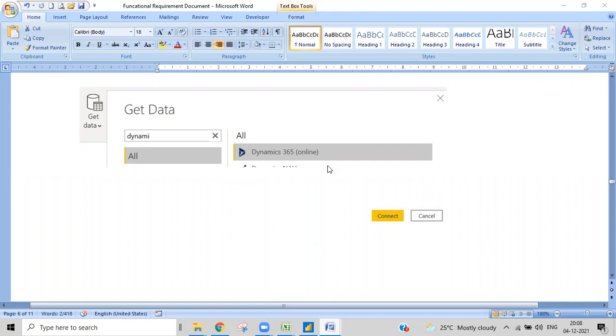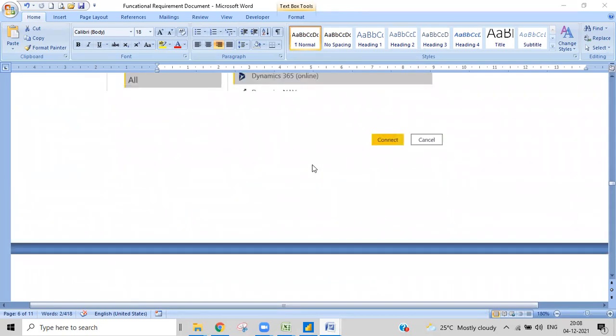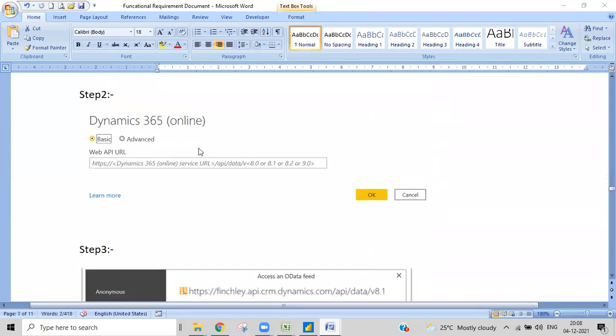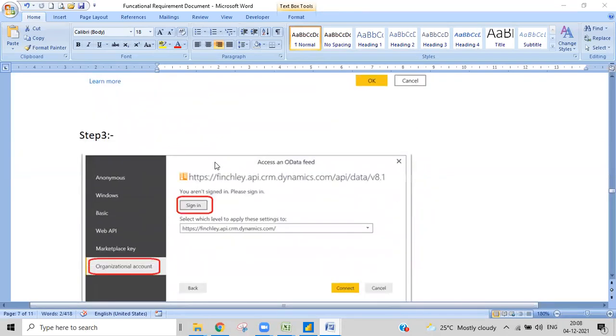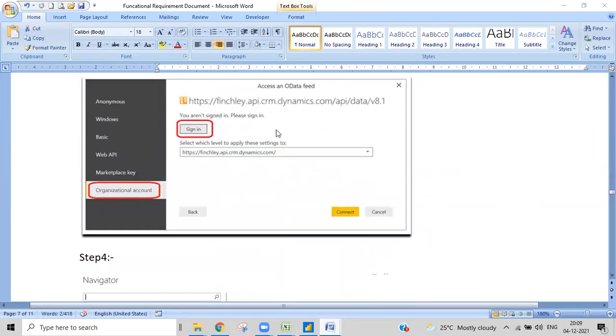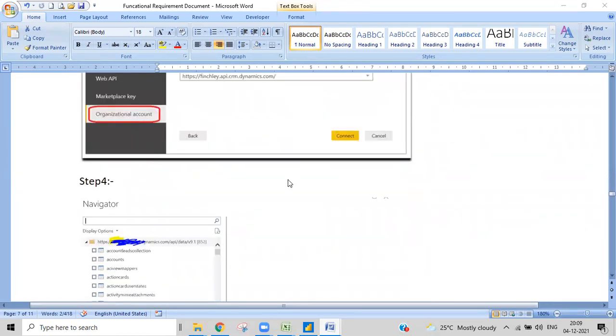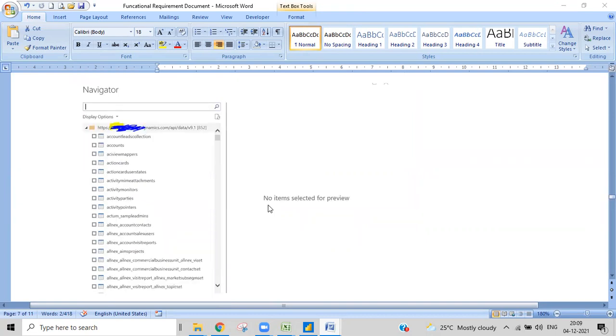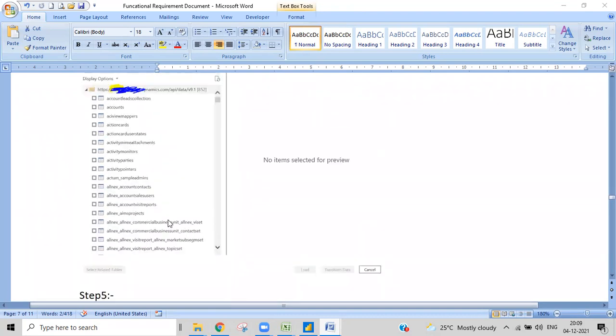Dynamics, okay, our sources like Dynamics 365, and once that is done, once we get the data from this, what are the things that we need to do, and how we get the data, these kinds of things have been given over here. But right now you don't go with this Dynamics 365 database, you will go with the Excel files. These are the tables that we do have. So a lot of tables.